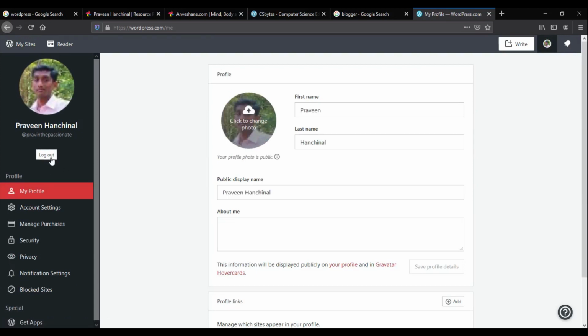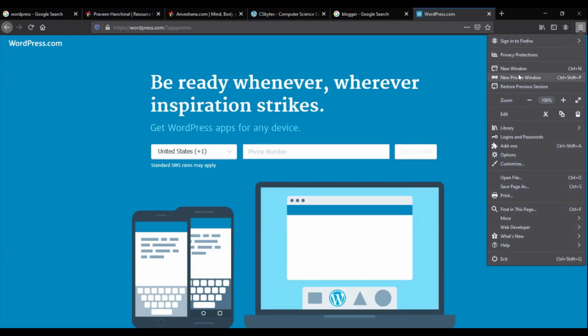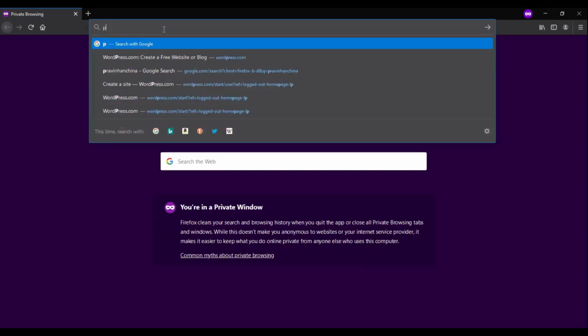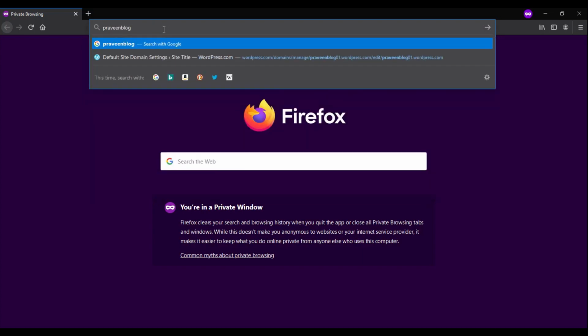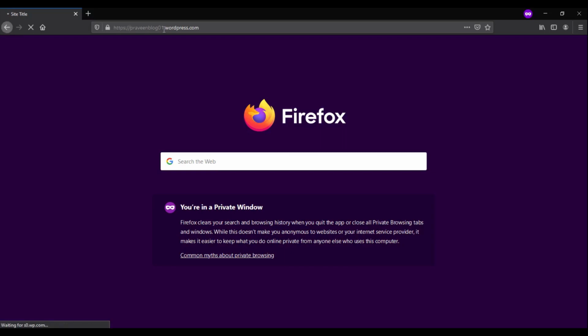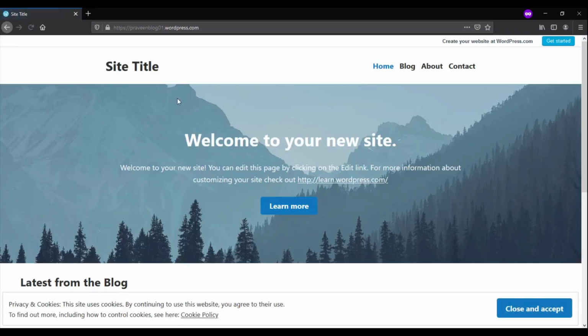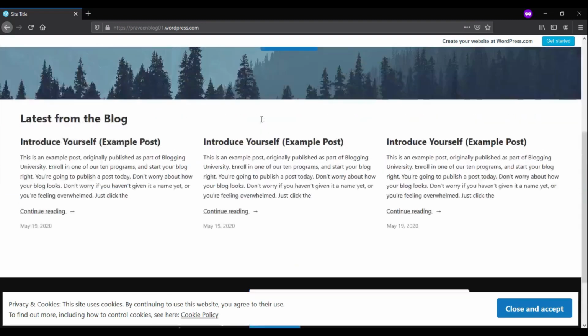If you want a confirmation, you can log out from your WordPress. Now again go to your private window and type praveenblog01.wordpress.com. Now there it is, the same website which you created is available for everybody.